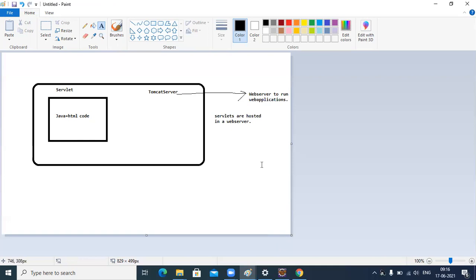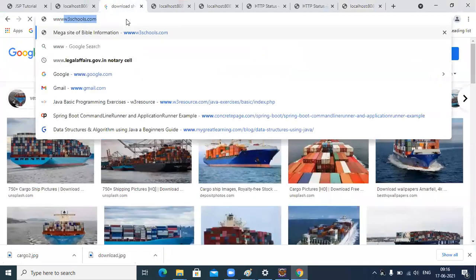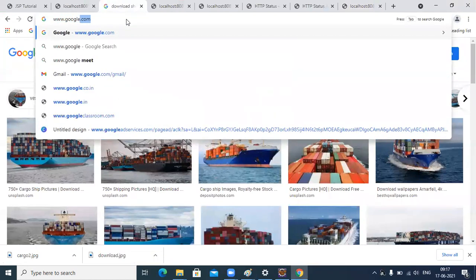Now, before we go ahead, we should have a Tomcat server installation. How do we install Tomcat? Let's say www.google.com.